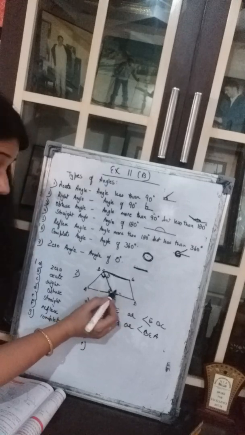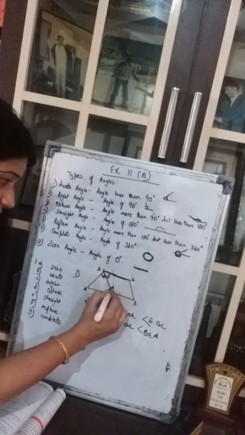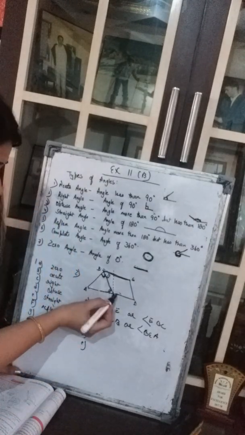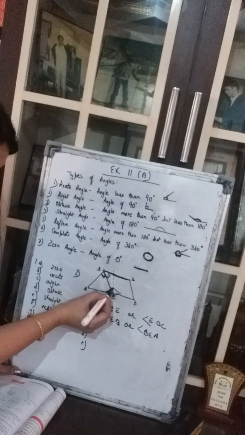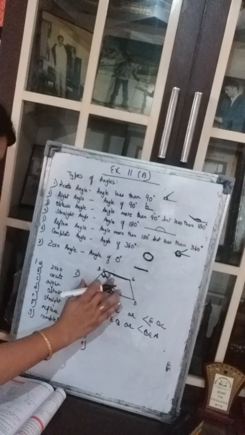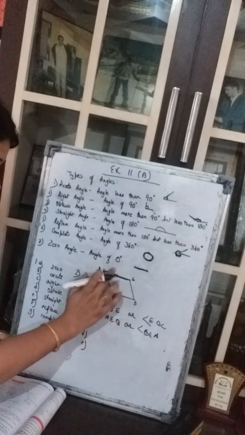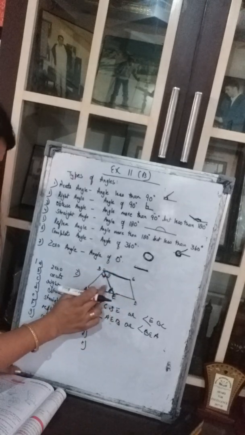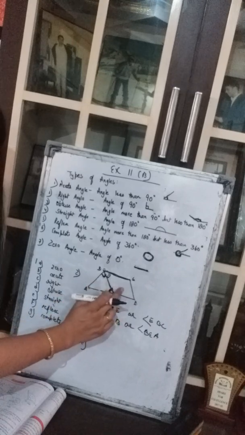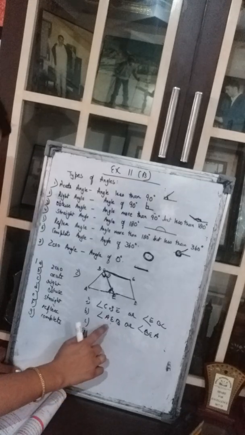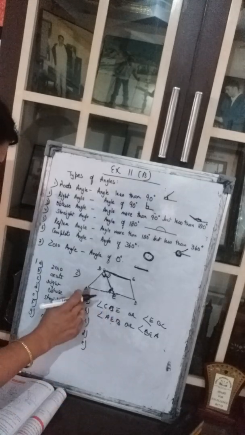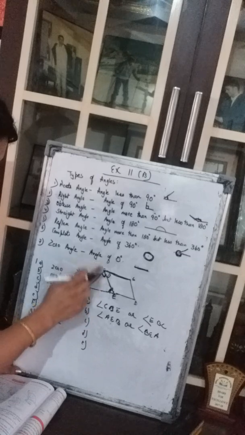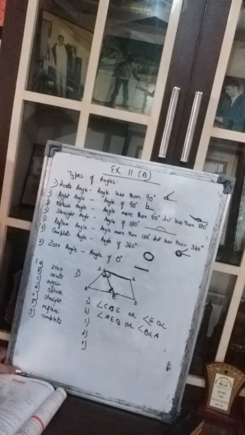This is not an acute angle. This angle is more than 90 degrees. See, 90 degrees would have been this. Always make a 90 degree in your imagination. So this whole angle would have been more than 90 degrees, na? So this will not come here. Only this side angle, this one, is acute. This is obtuse, more than 90 degrees. Is that clear? So here the angle will be AEB or BEA, whatever you want to write.